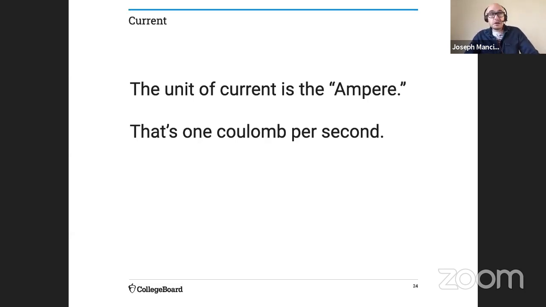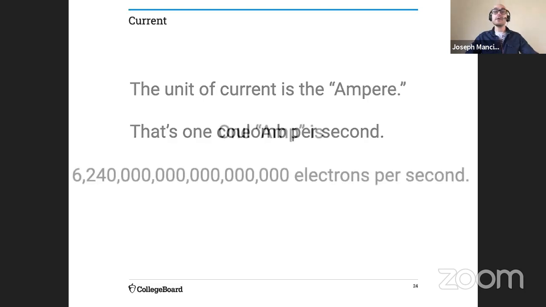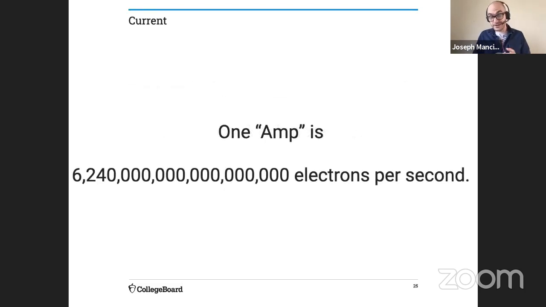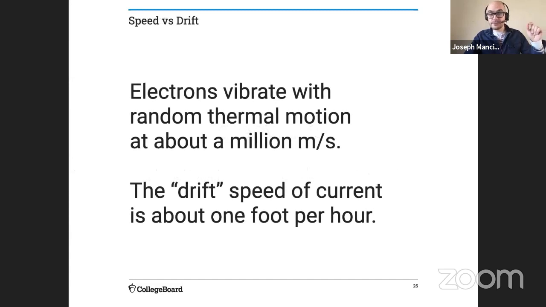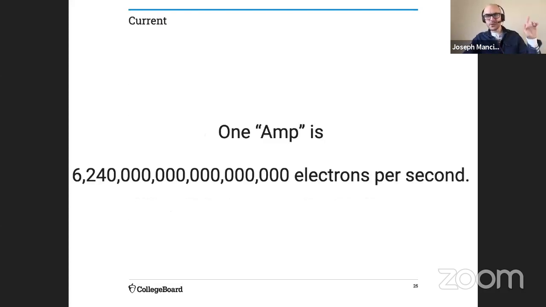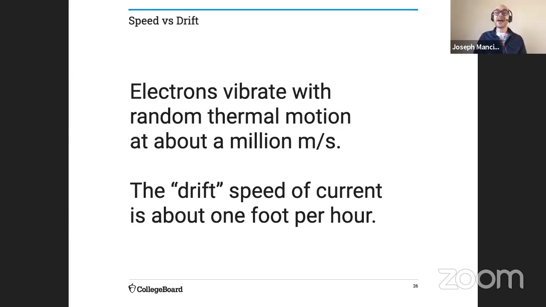It doesn't sound like much. 1 amp of current doesn't sound like a lot, but 1 amp of current is 6.24 times 10 to the 18 electrons per second. I don't even know what that's called. It's bigger than a billion, bigger than a trillion, bigger than a quadrillion. I don't even know. It's the next one. That's a lot. Electrons vibrate with thermal motion. That's about 1,000,000 meters per second. So let's back up. We've got this many electrons to make even 1 amp of current vibrating that fast, 1,000,000